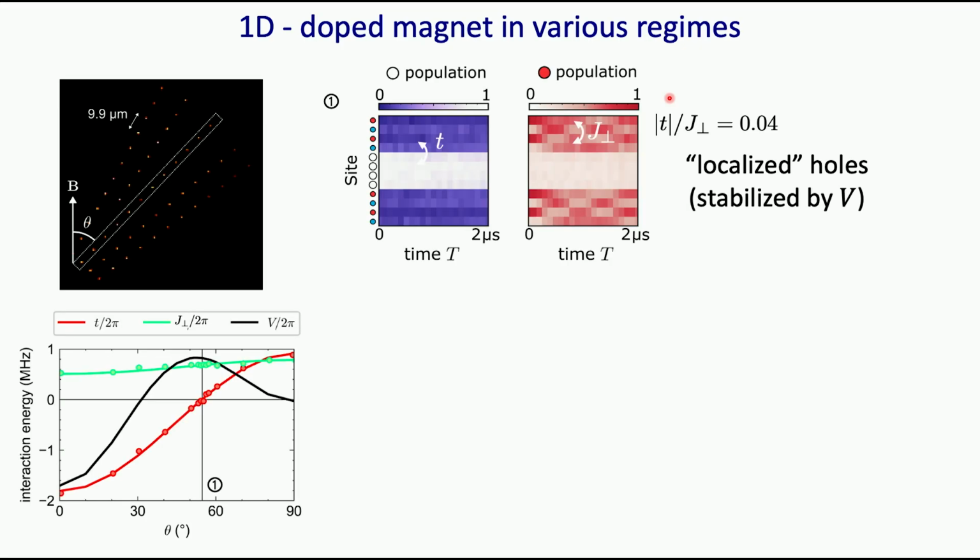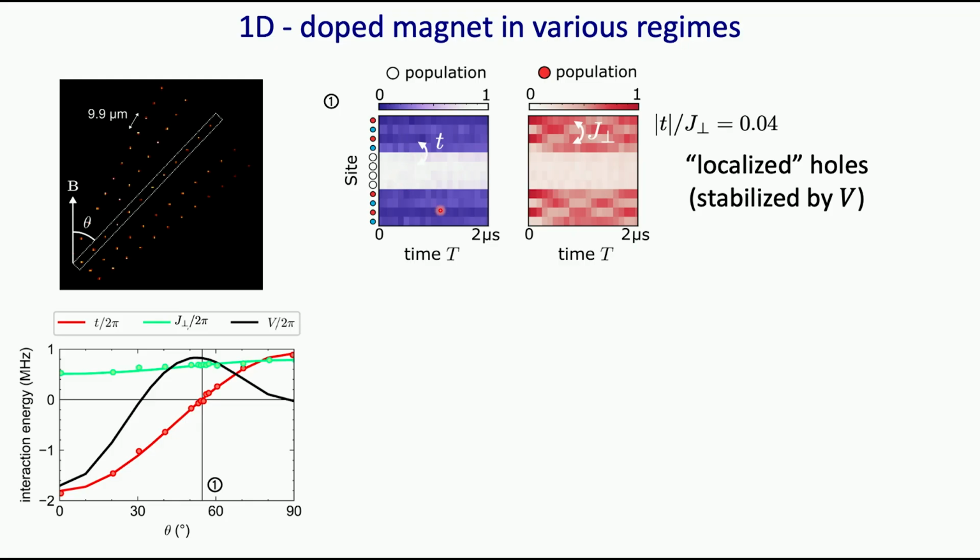So let's start with the case where T is nearly 0. It means that we set this angle to be nearly the magic angle, so we are at this point here. And so we prepare along the chain a domain where we have 4 holes close to each other, and we've got an antiferromagnetic background. So essentially, you recognize up, down, 4 holes, up, down. And we look as a function of time at the population of the holes, so we can measure if the atoms are in P, or if they are in the S and S prime state. So the population here, as a function of time, you observe that this kind of domain wall that we have stays,